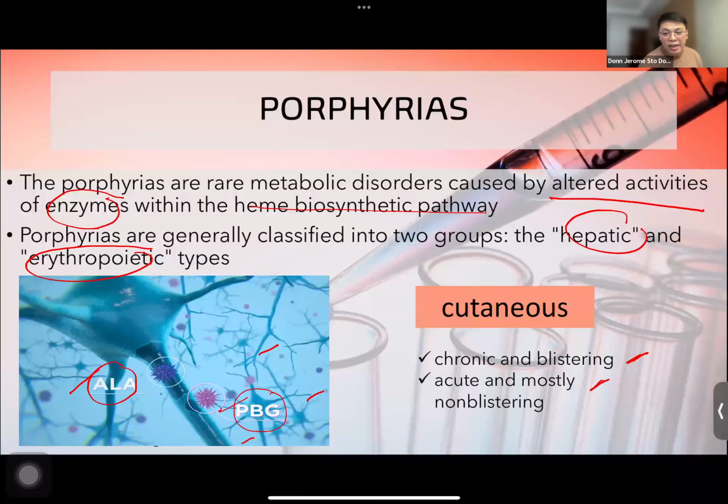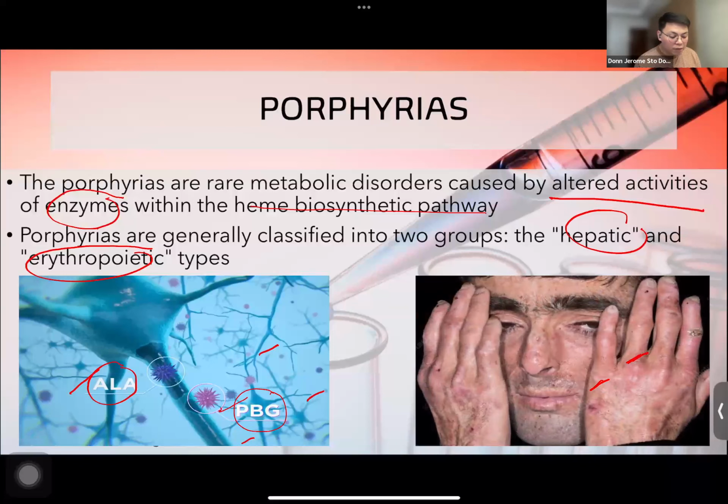That is because ALA and PBG are said to be damaging to the neurons. Kaya ang symptom nila pag yung dalawang nag-elevate is neurovisceral symptom. Cutaneous manifestation like this patient with porphyria cutanea tarda is due to elevation in the porphyrinogens spontaneously oxidizing to their